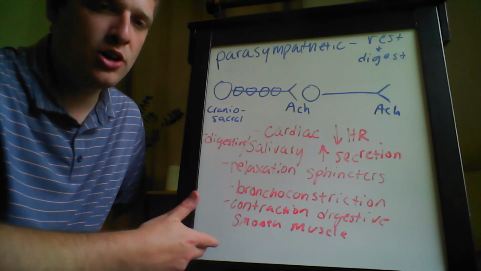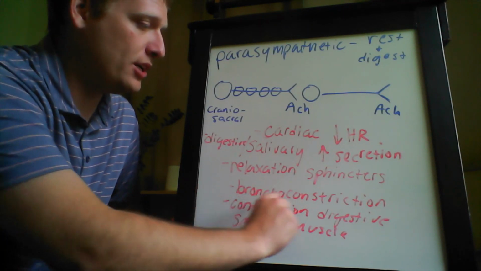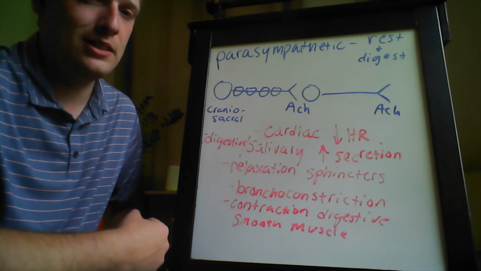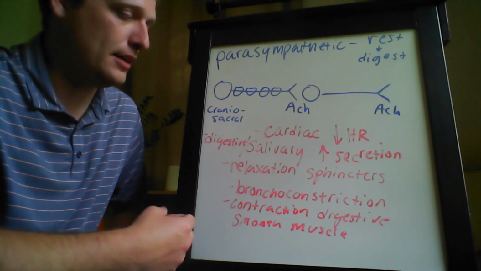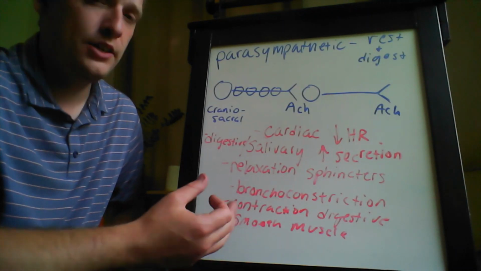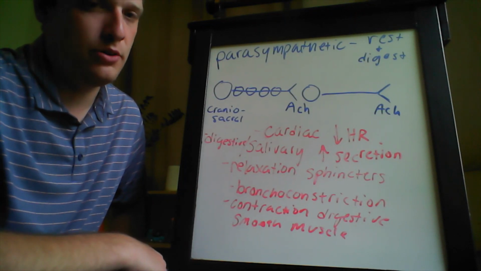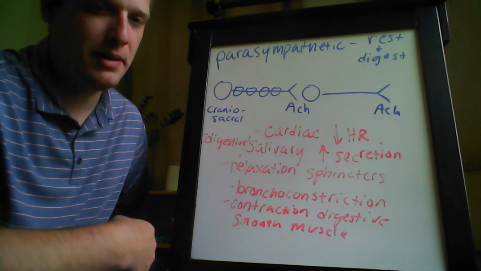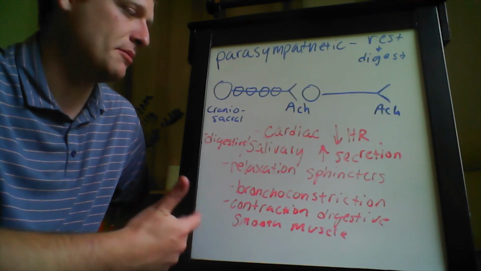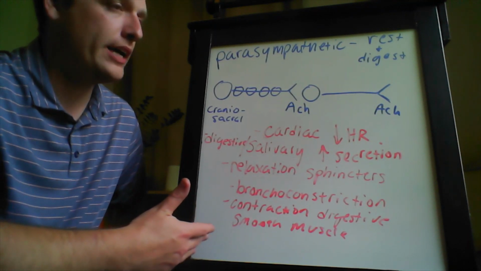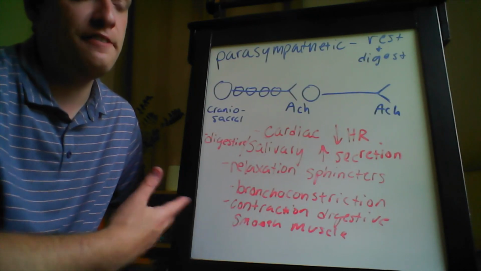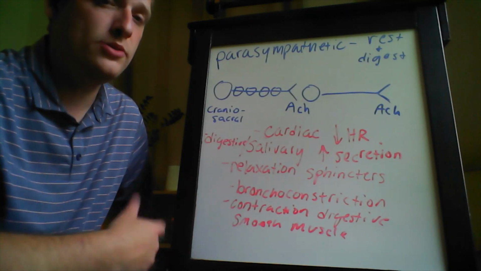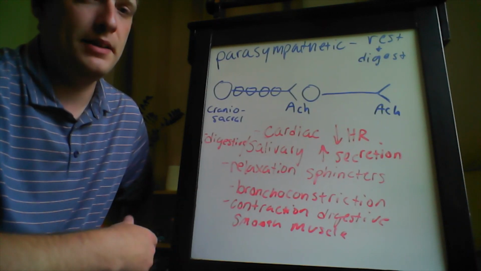And instead of bronchodilation, you now have bronchoconstriction, where smooth muscle in the lungs is going to constrict to lower the amount of volume per breath coming into the lungs. And that's all about maintaining maximum efficiency. So again, these effects of the parasympathetic nervous system really oppose what you see in a fight or flight